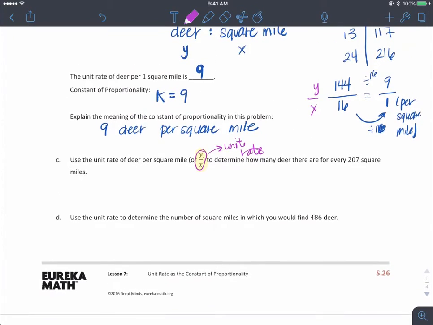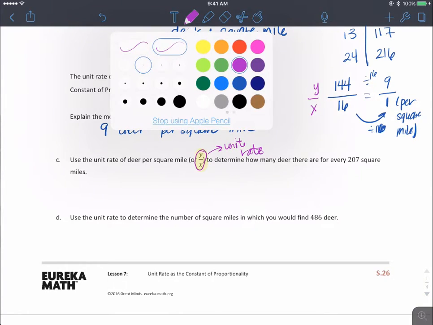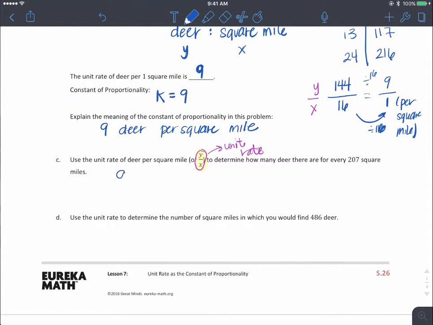Welcome back. Alright, you should be able to see that it's 9 deer per square mile. So our ratio from that would be 9 over 1, or 9 to 1 if you like the ratio, or the colon form. We know that square miles is going to be on the bottom, and we know that deer is going to be on top. Okay, so we need to find an equivalent ratio